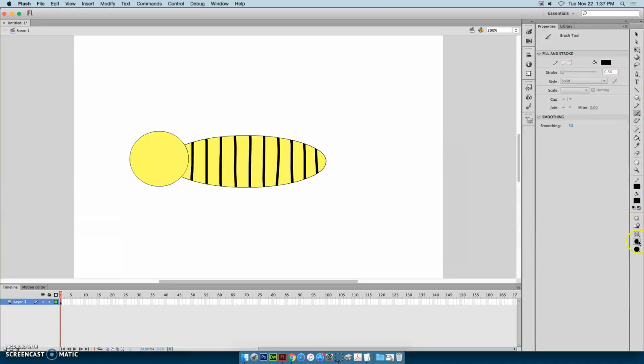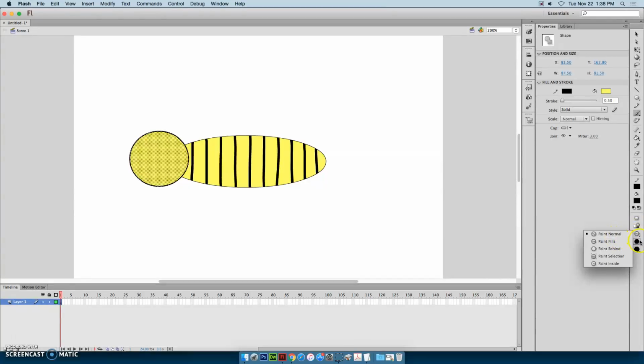Oh, that's right, I got to come down here. Sometimes I forget. I'll go ahead and keep it the same size, and I'm going to go ahead, oh no, I don't want it that big. I want it a little bit, oops, I got to take it off of the paint selection and put it back on paint normal, and then I'm going to reduce the size somewhere in the middle. Okay,